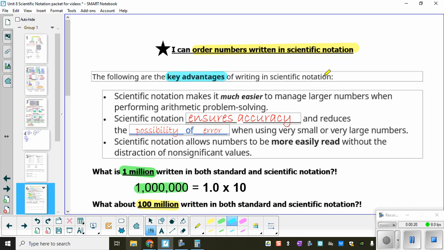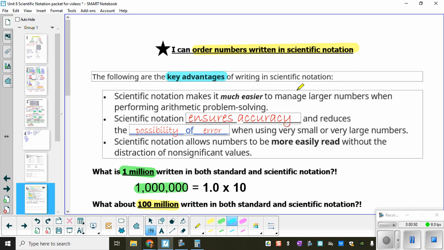numbers in scientific notation. First, you can see we have listed here that scientific notation just simply makes it much easier to manage larger numbers when performing arithmetic problem solving. Basically, when we're looking at things like finance or really large numbers or teeny tiny decimals, actually. Also, if you're thinking about a career or a future with space and NASA or SpaceX and things like that, when dealing with really large distances, for example, from here to the moon, stuff like that is written in scientific